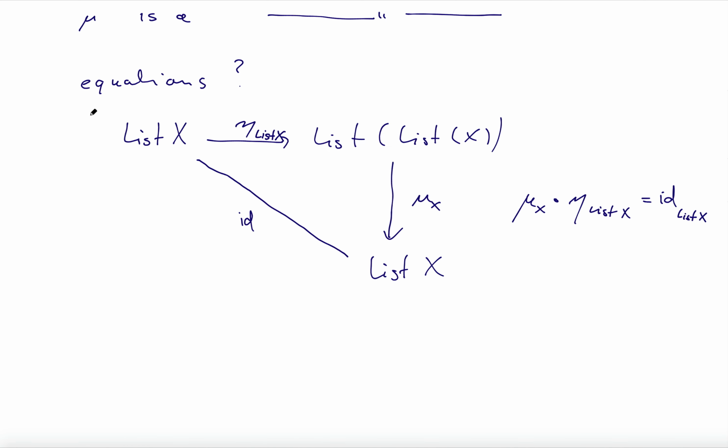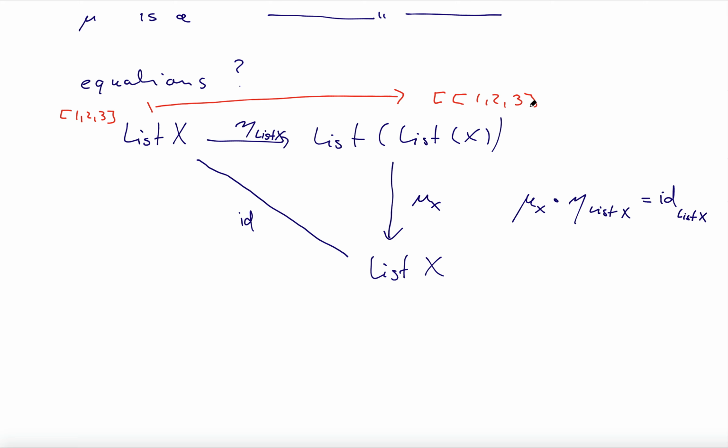So let's take just a list here, I don't know, 1, 2, 3. And then what does eta do? Right, so eta is applying singleton to all the elements. No, sorry, eta applies singleton to the whole list, right? So eta applies singleton to the list, so what we get here is